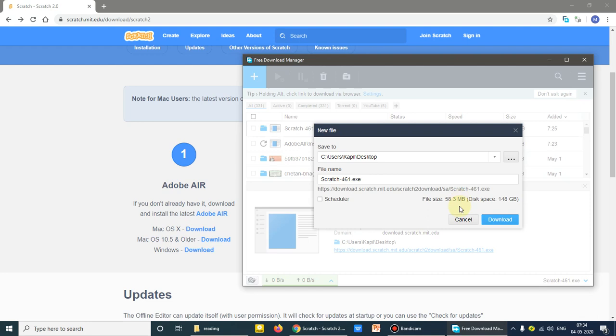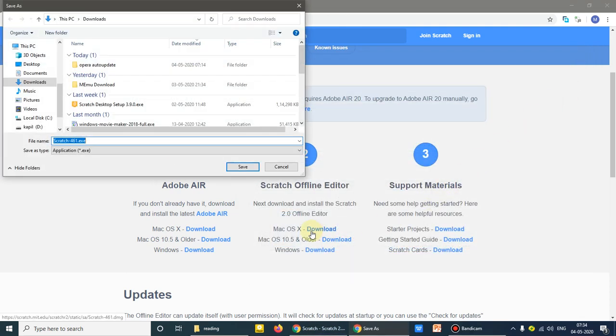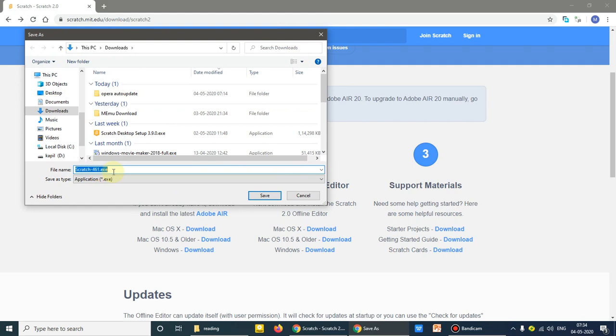Again the same step, 58.3 MB it is. So it is telling me how to download, just you see. Directly in your case it will download like this only. In my case it is showing this PC downloads.